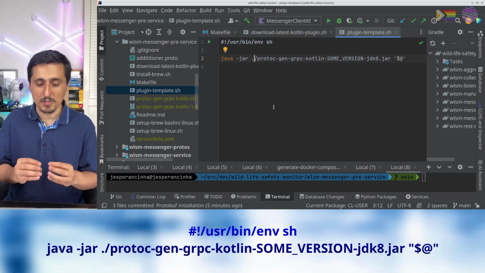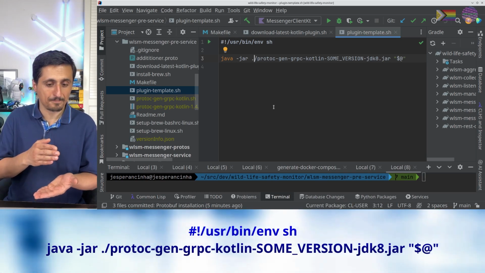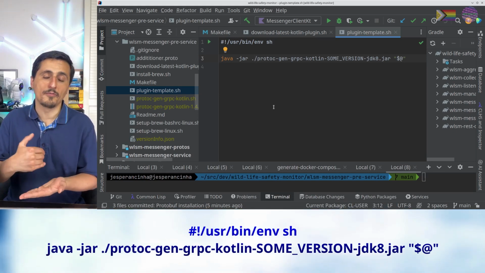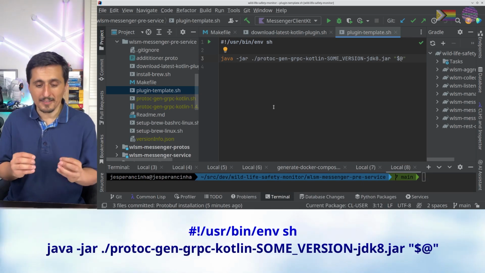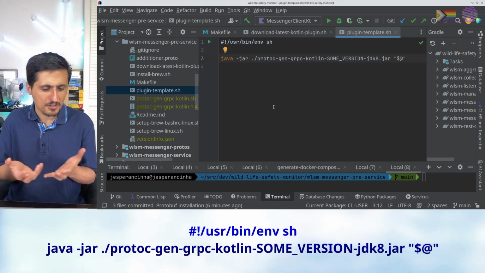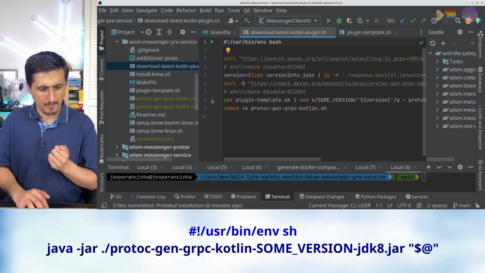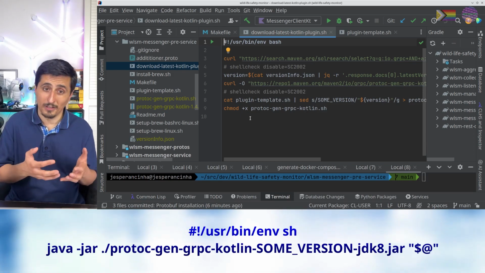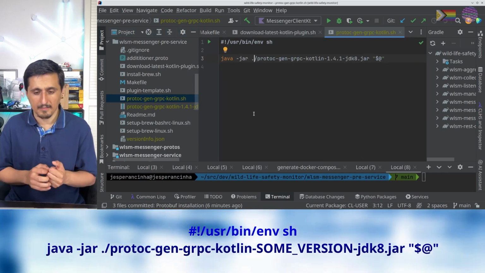And I'm making here the assumption that we are using the folder where we are. I'm using the same folder where we are executing the command as the folder of where the plugin is installed. So this template, the only thing that it has that is different from the actual file that we are going to use is the placeholder for some version. I called it some version, and then if I open this file, we can see that it does a replace of that some version with the version that we need to install, and therefore it generates this other file that essentially contains